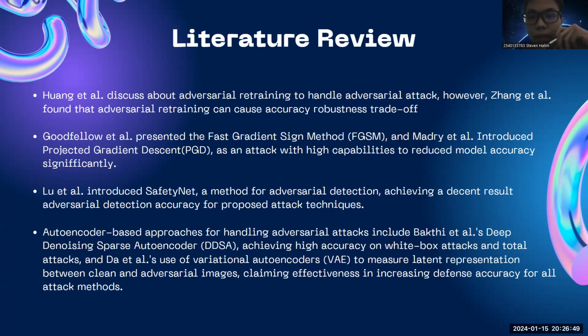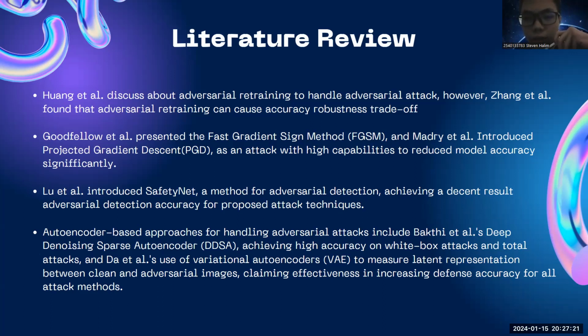Goodfellow et al. presented the fast gradient sign method, and Madry et al. introduced projected gradient descent as an attack with high probability that we use to reduce model accuracy significantly. Lu et al. introduced SafetyNet. SafetyNet is a method for adversarial detection, achieving decent adversarial detection accuracy for detecting FGSM and PGD. An autoencoder-based approach for handling adversarial attacks includes Bhakti et al.'s deep denoising sparse autoencoder or DDSA,